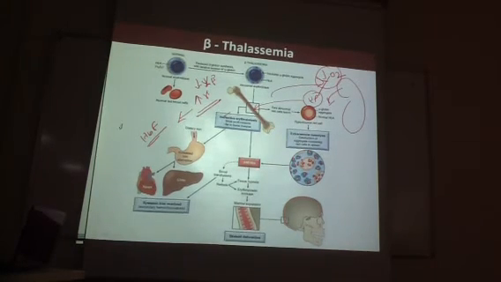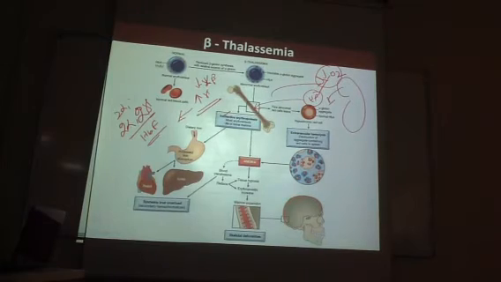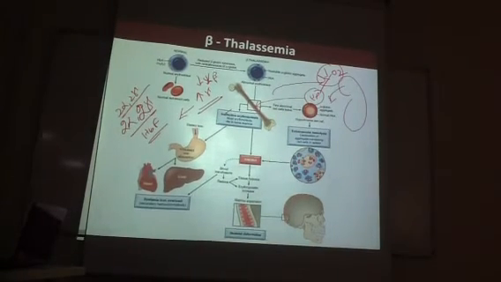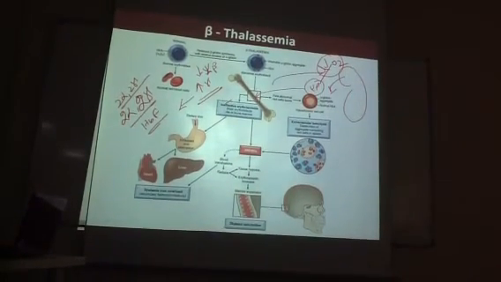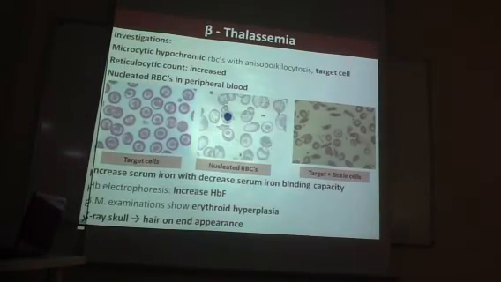Because hemoglobin F has 2 alpha and 2 gamma. Understand? 2 alpha and 2 gamma. So automatically hemoglobin F is increased. Hemoglobin F is not a good hemoglobin because it takes the oxygen and it does not give. That means high affinity towards oxygen. So this all happens because of this hemoglobin F. Okay. So if you do a hemoglobin electrophoresis, hemoglobin F is increased. Understand? Hemoglobin A1 is decreased.